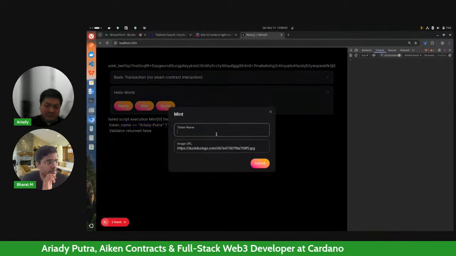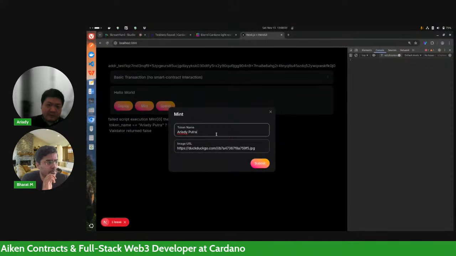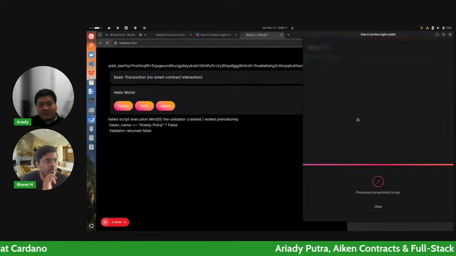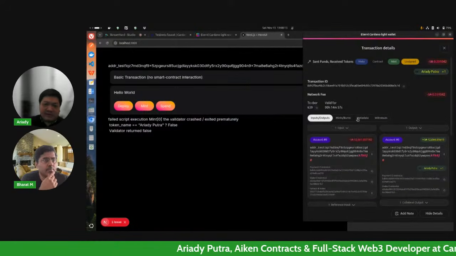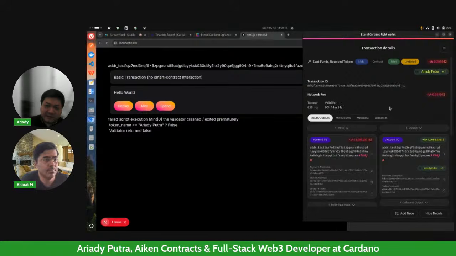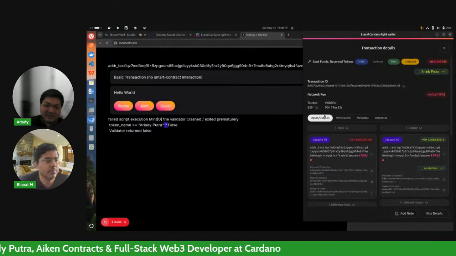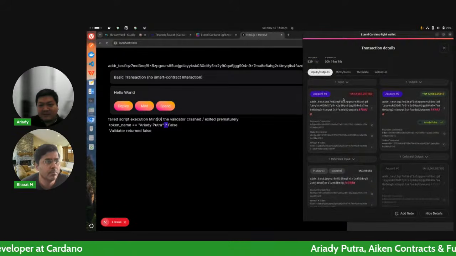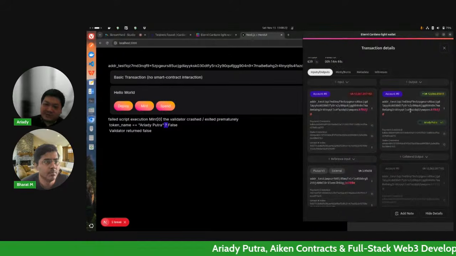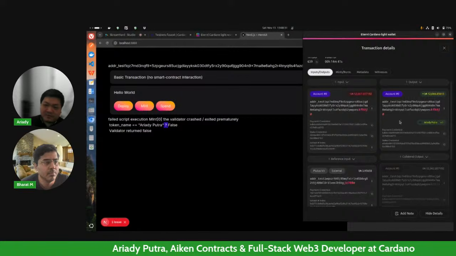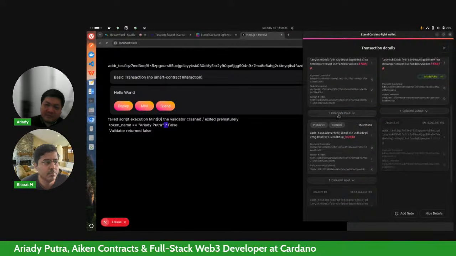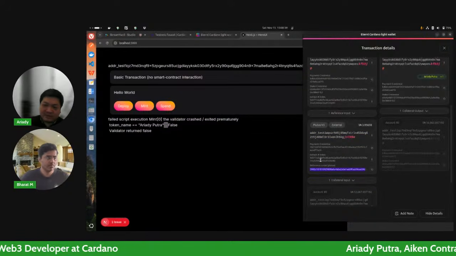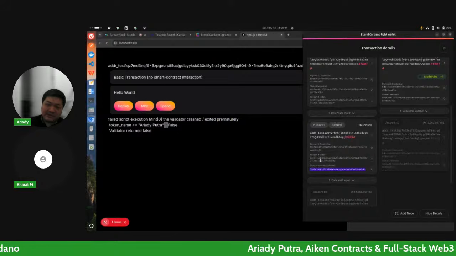So let's do the correct way according to our script. If we submit this, it should be successful. And how can we tell it's successful? There is this eternal pop-up here. Well, I didn't clean the message, but this means we can submit this transaction. And you can see here, previously we had one input and two outputs. Right now we have one input to pay for the transaction, and then we also have another one, a reference input. So this is where the script that we refer to instead of attaching to the transaction.